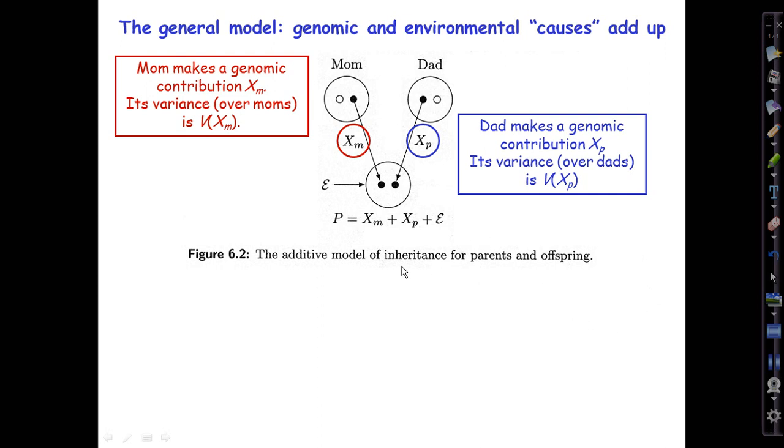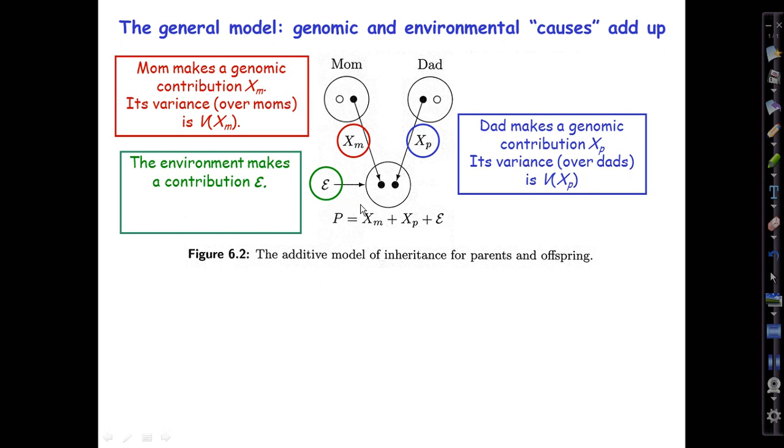Okay, so this is an additive model, as Gillespie calls it, because then the phenotype of baby can be written, its genetic part, as X sub m, the genetic influence that mom contributed in the collection of quantitative trait affecting alleles that she put into her egg, and likewise X sub p for the contribution made by dad, and those will add because baby gets both of them. And then during the development of the offspring, there will be an environmental contribution, which Gillespie calls Greek epsilon,